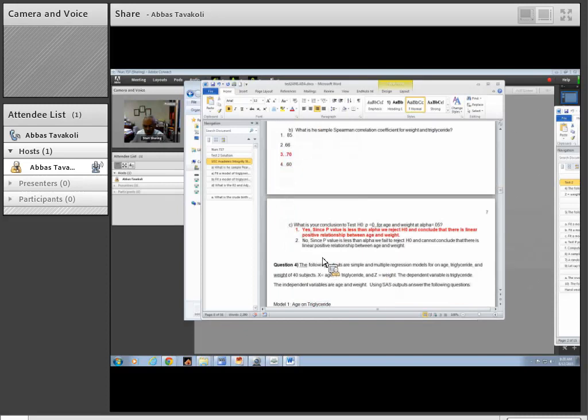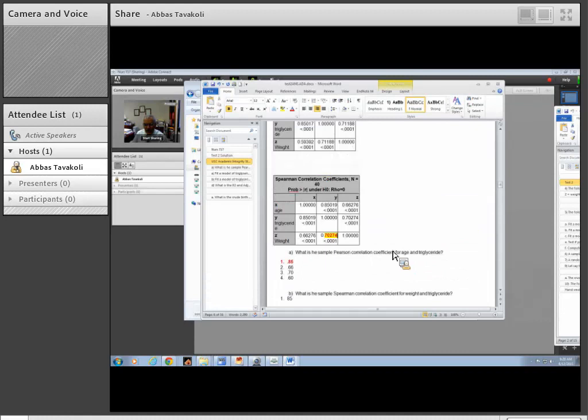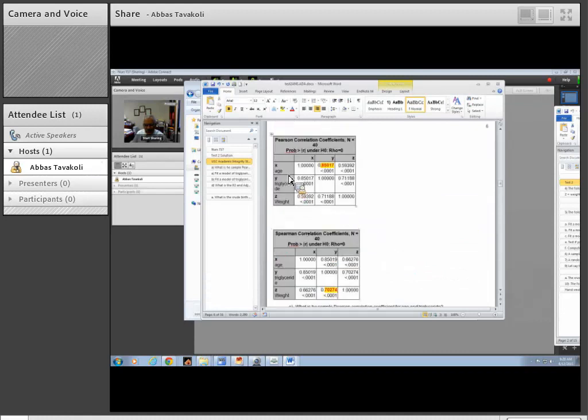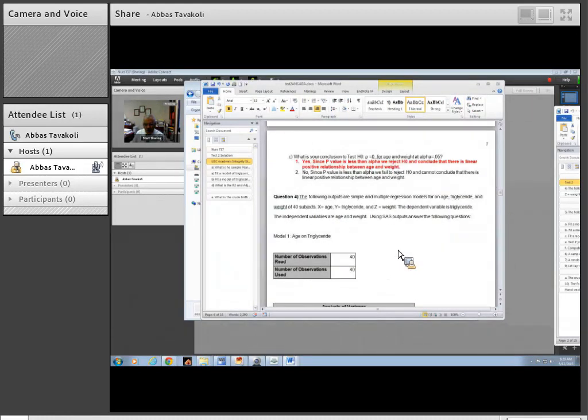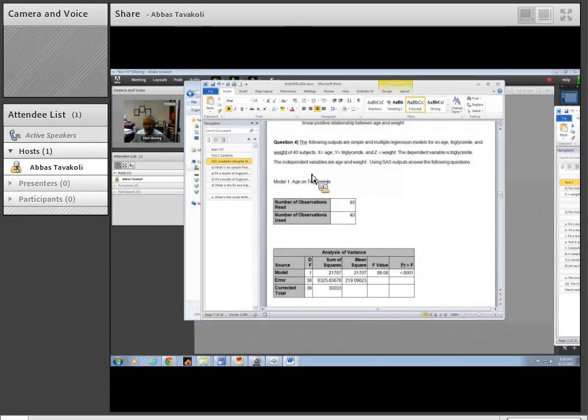What is the conclusion of the test for age and weight? If you look at age and weight, you see that since the p-value is less than alpha, therefore you reject the null, and there is a linear positive relationship between age and weight. That's the correct answer. Question 4, again, we have simple and multiple regression on age, triglyceride, and weight, and our